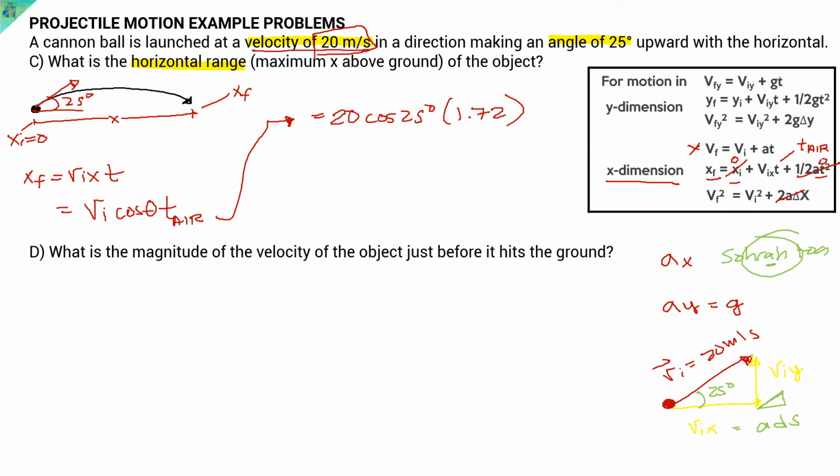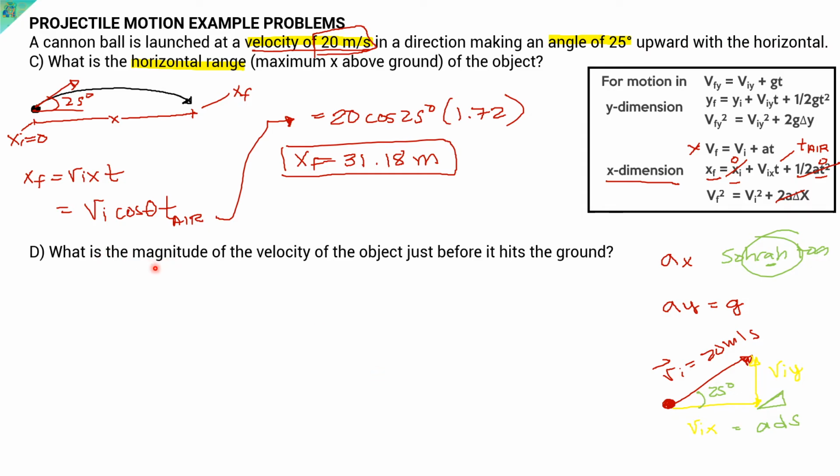And just plug that in your calculator. Cosine 25 multiplied by 1.72. You're going to have 31.176. So that's 31.18 meters since we're searching for XF. So that is now our maximum range or our final position. Okay. Now, let's proceed with our